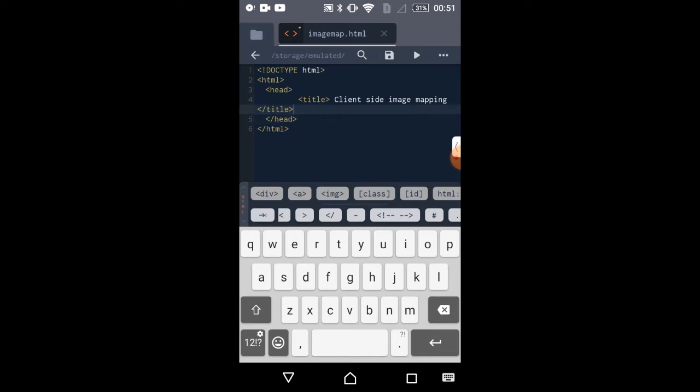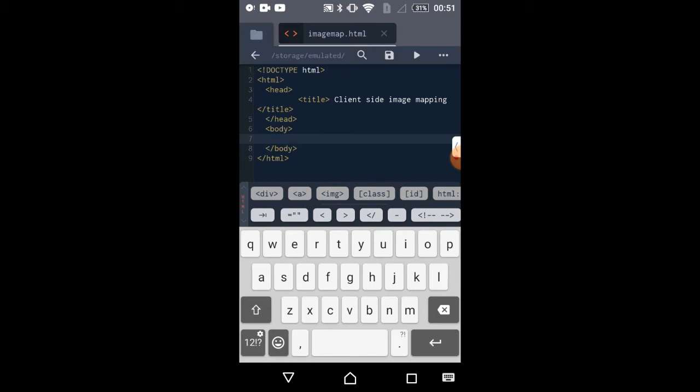So after closing the title tag, I am opening body tag. After the head tag is closed, we have to open body tag. So we are done with the basic HTML coding. This is the basic HTML code which we need for every practical.